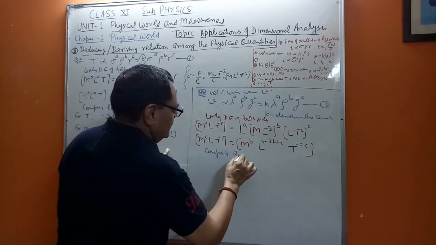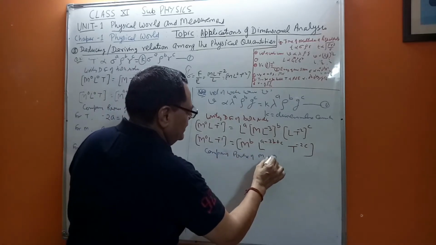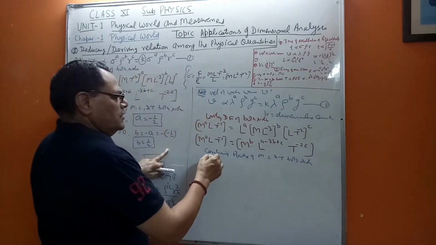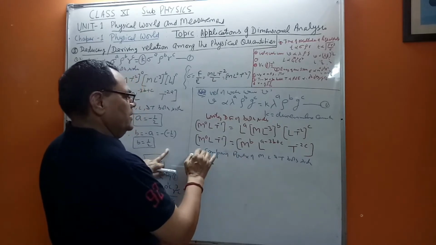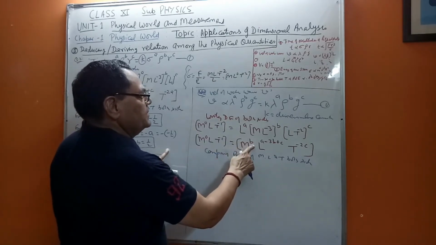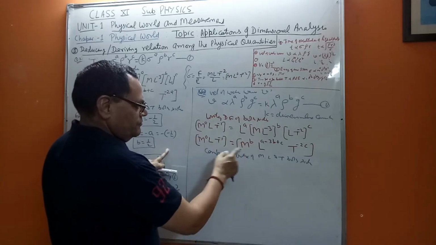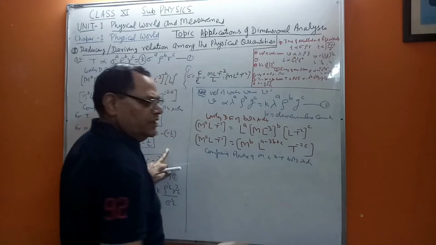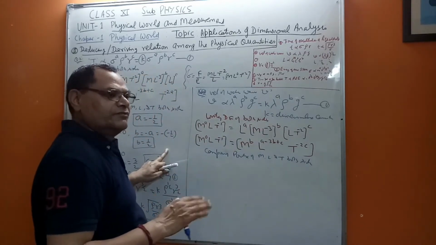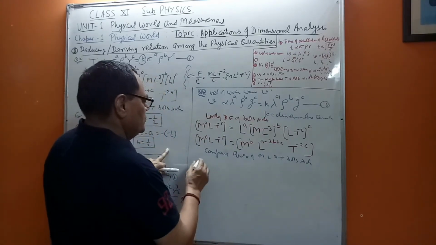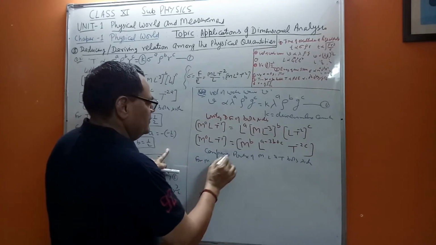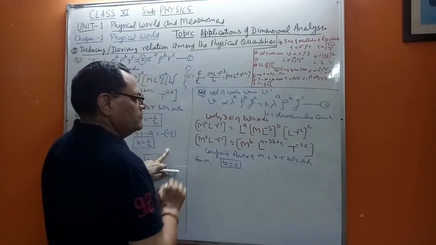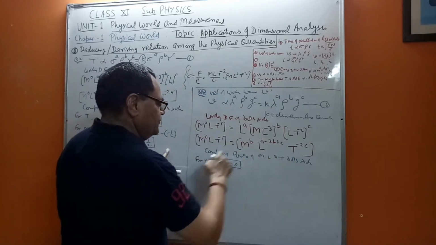So comparing powers of M, L and T on both sides. Clear? You directly see here that B is coming as 0. I just suggested that we can take M, L and T one by one, but we can take first the term from which we get some direct value. So when we compare for mass M, you see B is 0, so that means B is 0, no problem. Now you can compare T first.